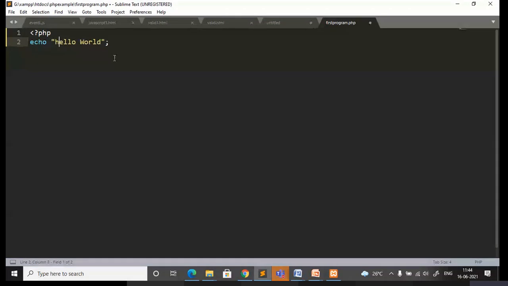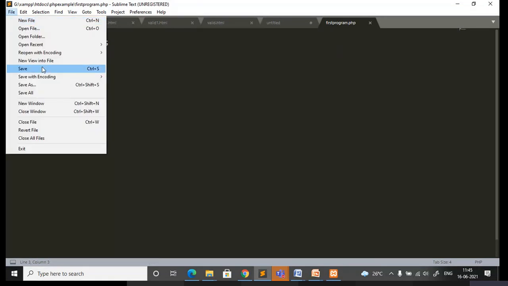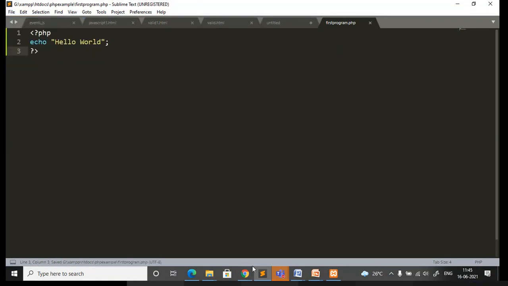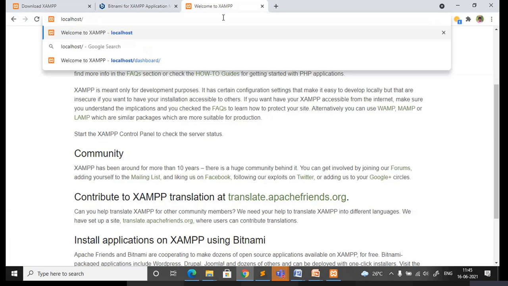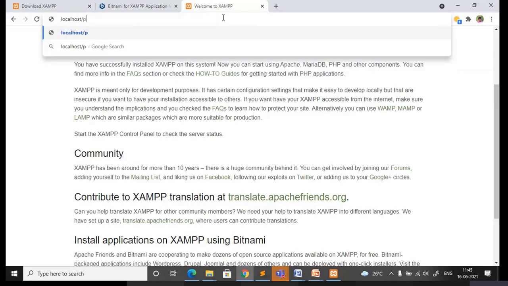Whatever statement you are going to write as PHP code should be within this tag. Save it and run that program. I think I need to specify the path. What is the folder name I have given? You have to specify that folder name, PHP example, followed by the name of the file.